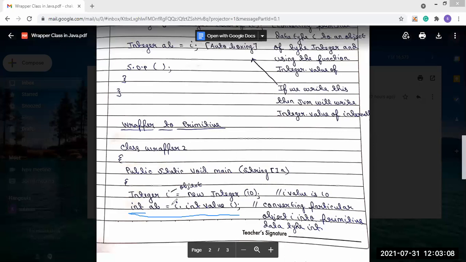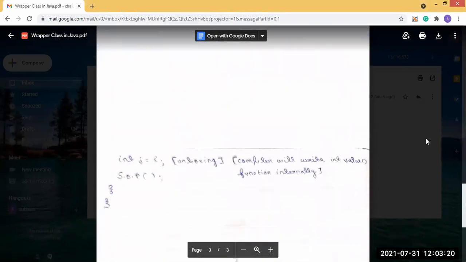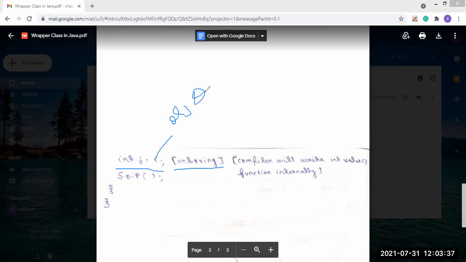Now, if we do not want to write this statement, and let's say we directly write int j equal to I, that is unboxing, because I is the object of the Integer class.